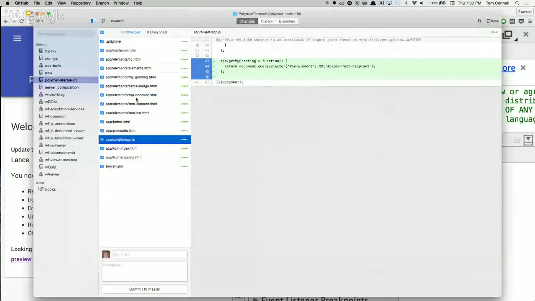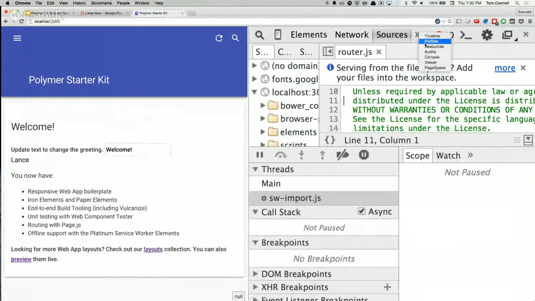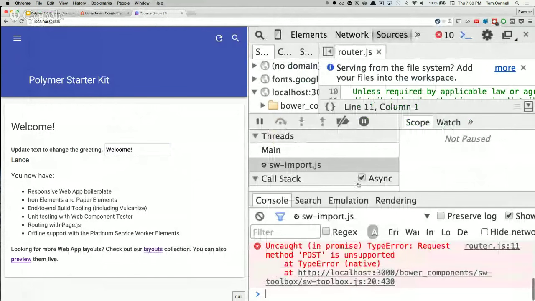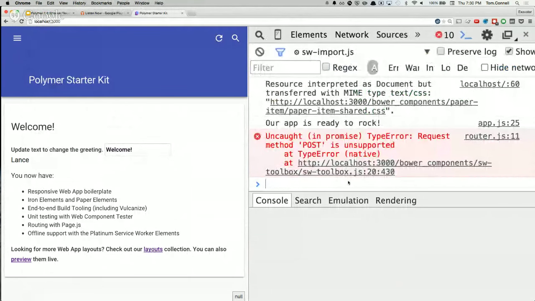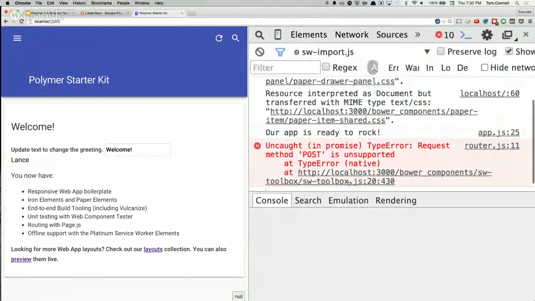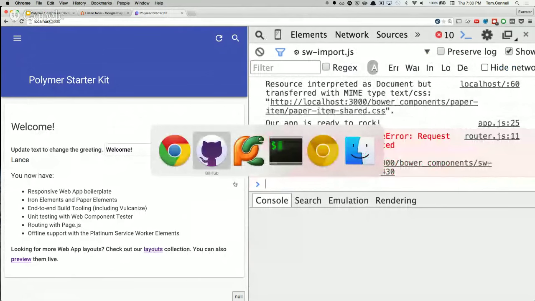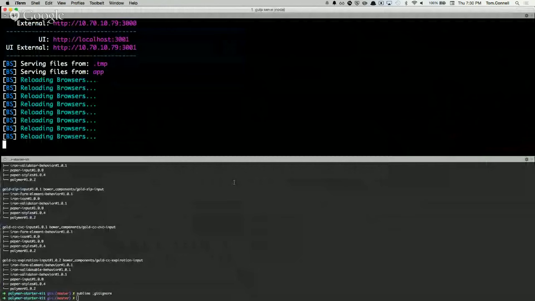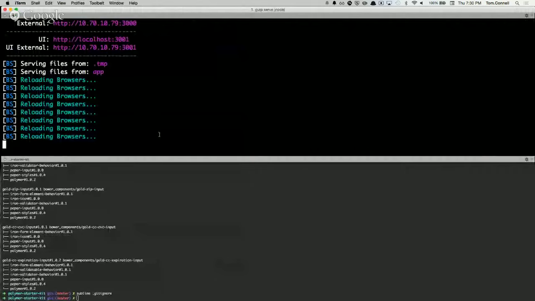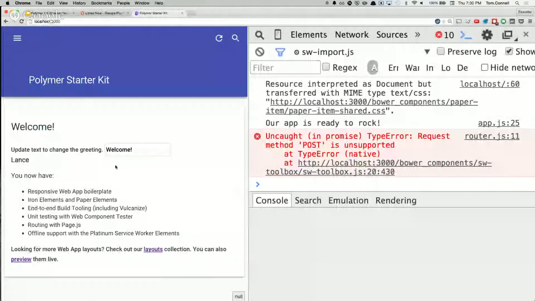JSON changed. So small. Well, I don't know what's going on there. Anyway,